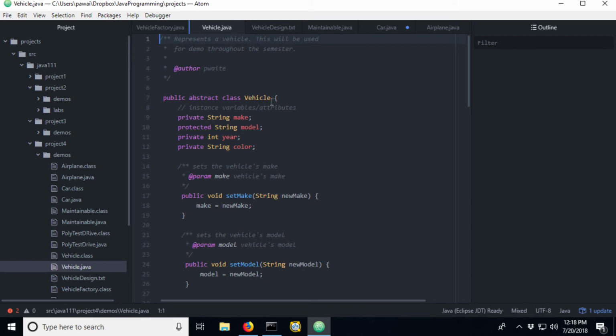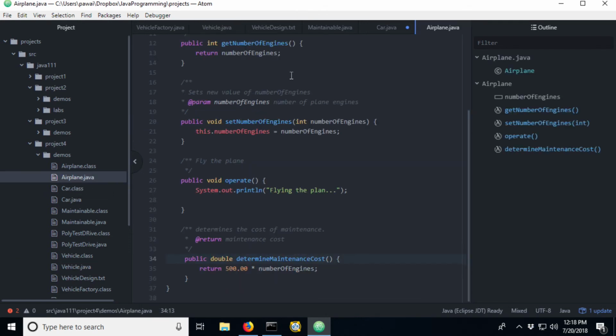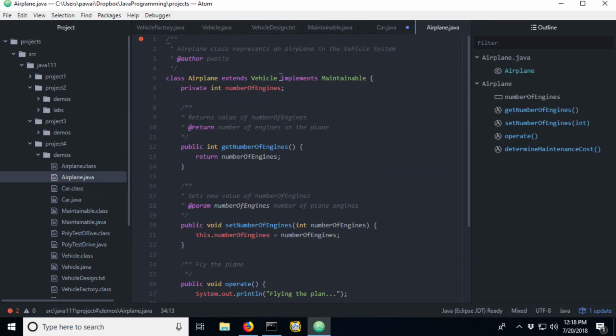So I'm going to move that up to vehicle, and that will still force that maintainable requirement down to my airplane and my car. So I'm going to go ahead and get rid of those. And because we're extending vehicle, which implements maintainable, that is then going to be enforced down on airplane and car.